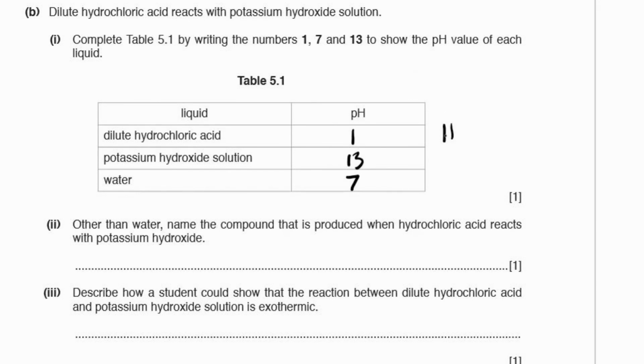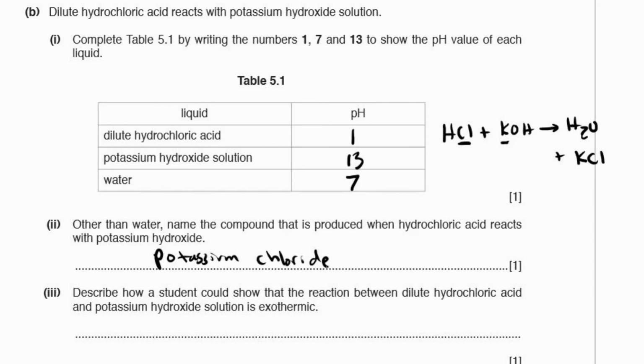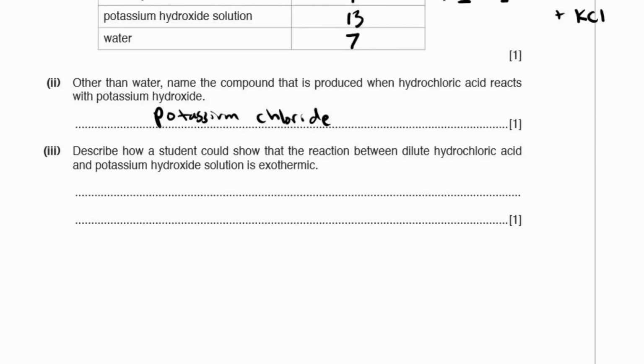So we have HCl plus KOH produces obviously H2O because that's the water part, plus a salt. So we have the Cl and the K. KCl. Okay, and that one is potassium chloride. All right, good. Describe how a student could show that the reaction between dilute hydrochloric acid and potassium hydroxide